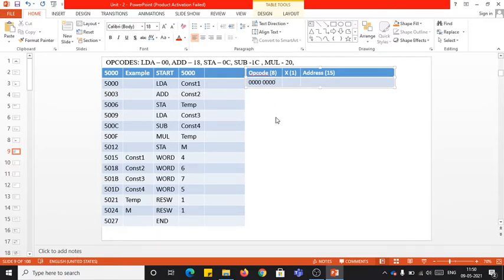my dear student, this is very important. Based on the utilization of the X, you will be categorizing into two addressing modes. I hope you remember them: the indexed addressing mode and the direct addressing mode.